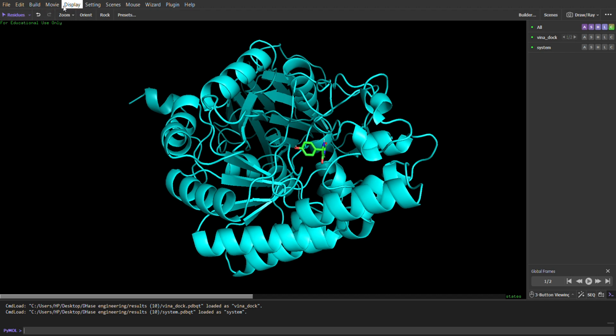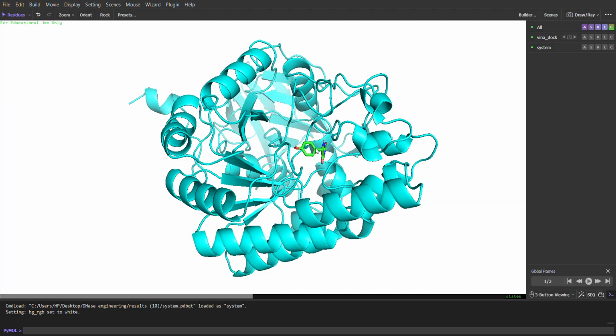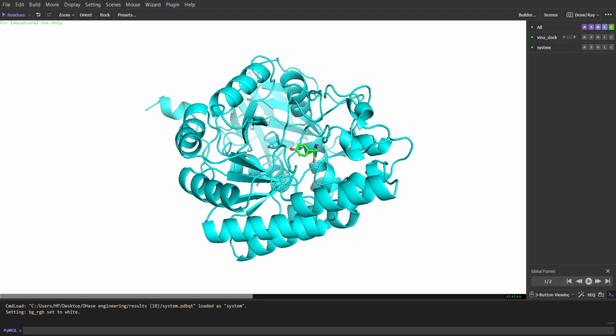We go first to display, then go to background and choose white. This is good for paper representation. Again, this doesn't give us any information, but good information is from